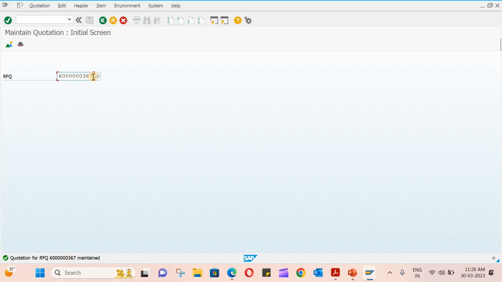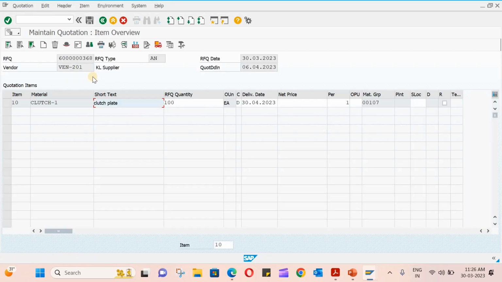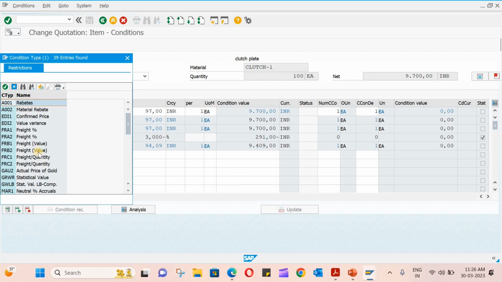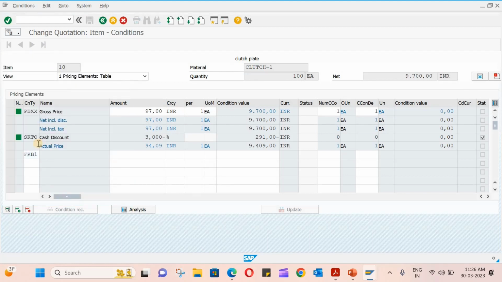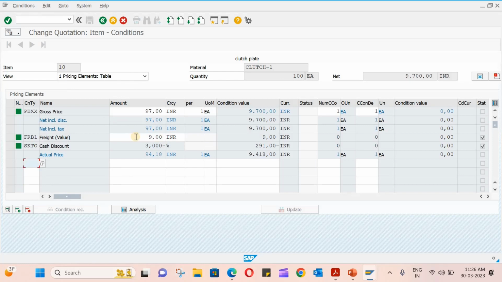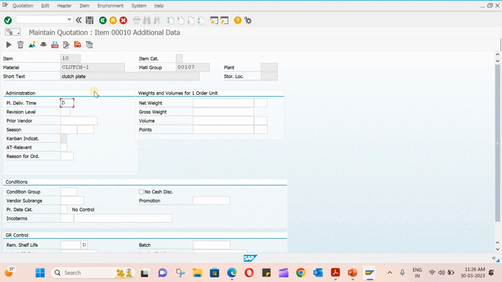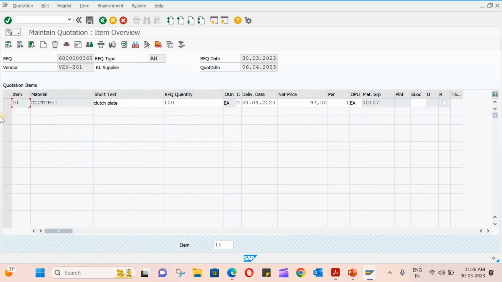Now let us go for the next vendor, that is 368. The price, let us maintain it as 97. Okay, and also we will have conditions for this. So click on this, and the freight value, FRB value is around 9. Okay, then go back, then select and see any additional data you want to maintain, or you want to maintain the